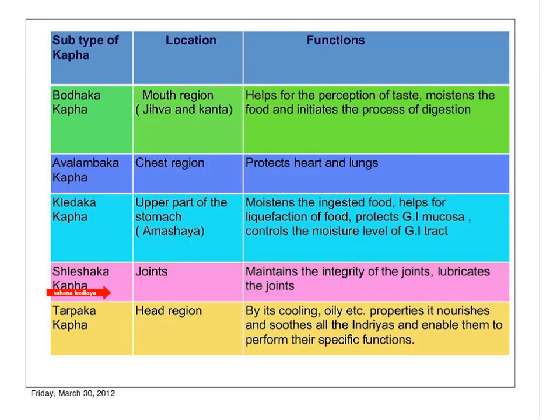Next is the Shleshaka Kapha. Shleshaka Kapha is present in all the joints, the small and large joints of the body. So it can be compared with the synovial membrane and the synovial secretions. The main function of this Shleshaka Kapha is that it maintains the integrity of the joints. It helps to hold the bones together in position to form a joint. Various structures can be tendons or ligaments and even the synovial membranes. All these structures help to bind the two bone ends at the joints.